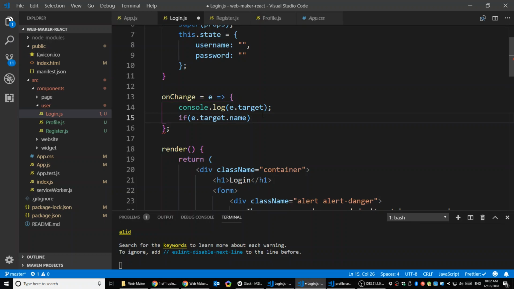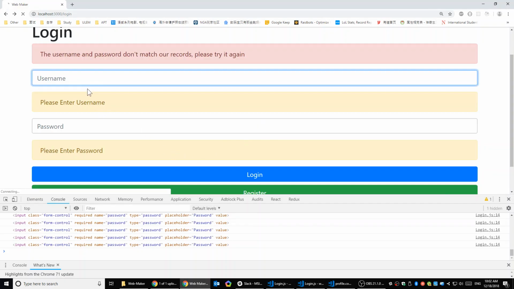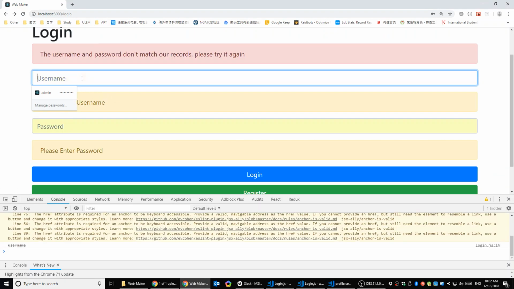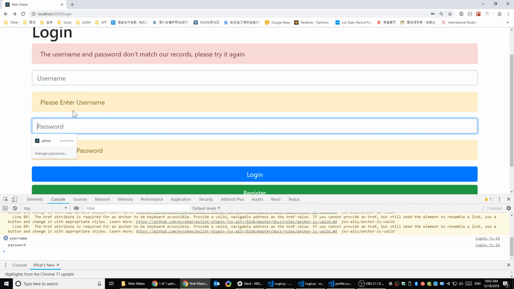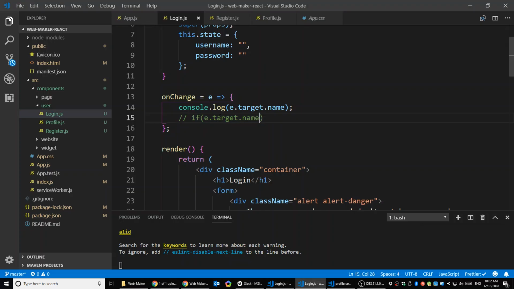Actually, what is the target name? Let's just try to console log it out. I want to make sure I'm not wrong. So console log the target name. This one is username, and this one is password. Yep. So if the target name is equal to